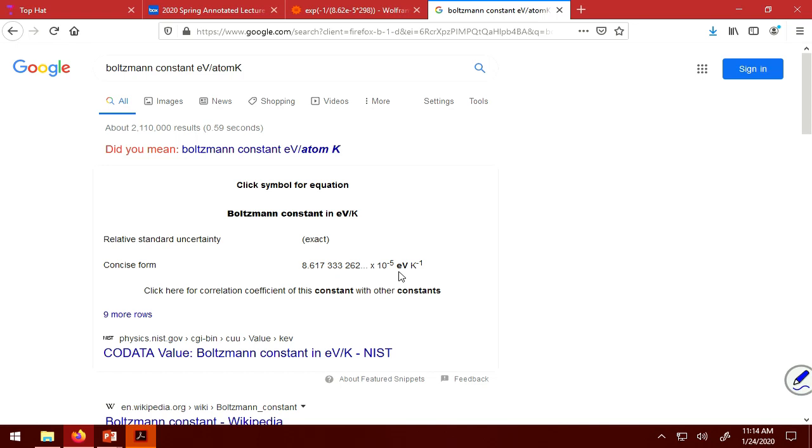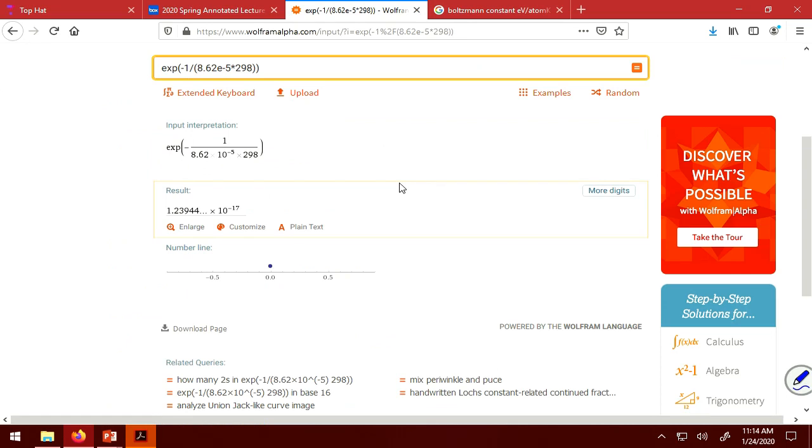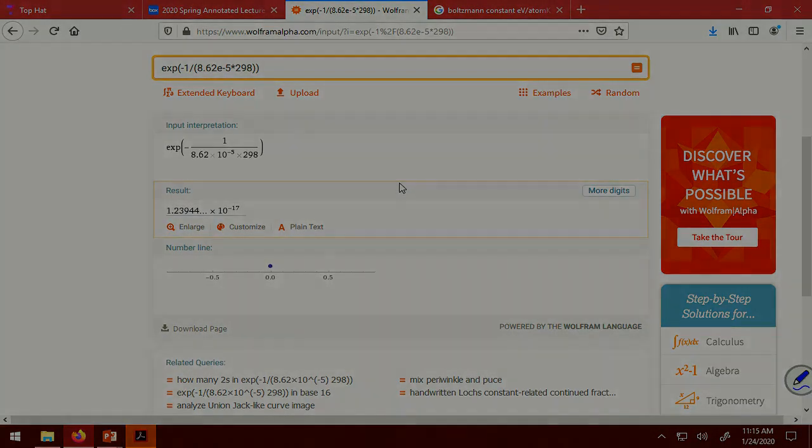Clearly, we will check for typos when your exam is administered. Okay, but let's talk about that before we leave. At 1,000 Kelvin, it was 10 to the negative 6. At 2